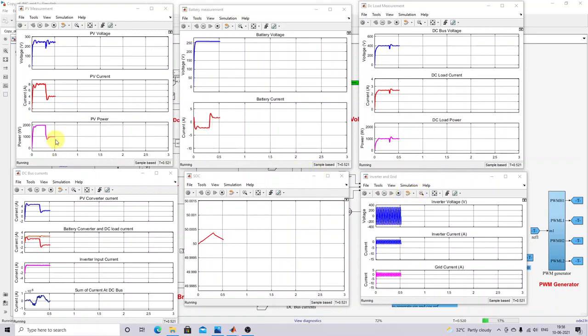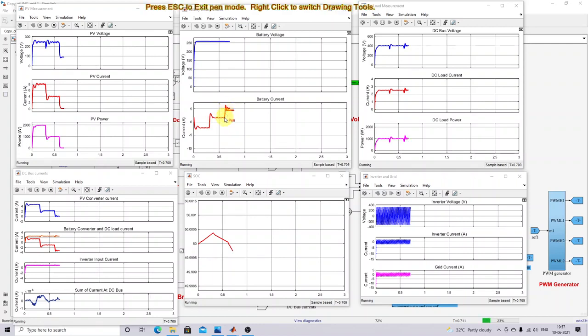So next we go for another scenario after 0.6. Okay. So here you can see now after 0.6, the irradiation goes to nearly 10 watts per meter square, so the power goes to 0, right? Because the PV power goes to 0, the battery is discharging at a higher current. Initially it discharged at nearly 1.5 amps. Now it is discharging at around 5 amps. Okay, because the battery is only supplying the power to the DC load as well as the grid. Okay,